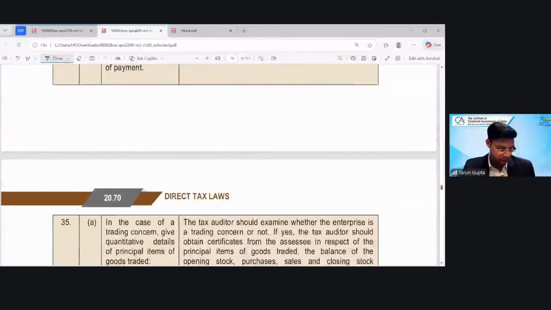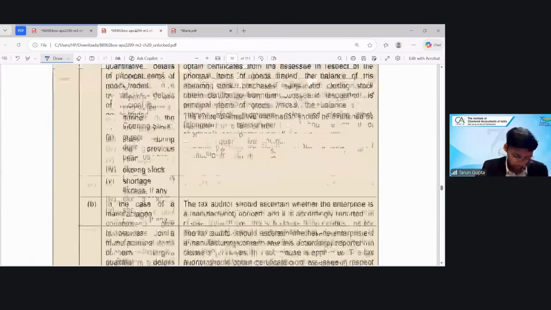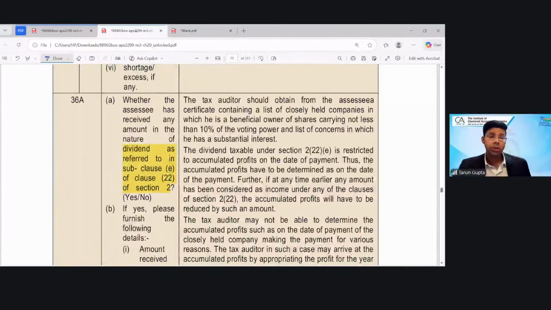Similarly for TCS. Clause 35 will require the quantitative details of stock. If you're a trading concern, then you have to give the details of opening, purchase, closing, sold. If you are a manufacturing concern, then you have to give us details of raw material as well as the finished goods, quantity wise. Clause 36A requires whether the assessee has received any dividend in the nature of deemed dividend under section 2(22)(e)